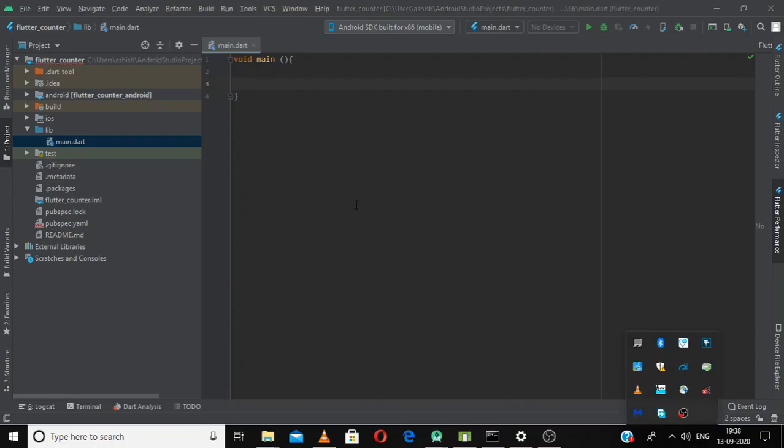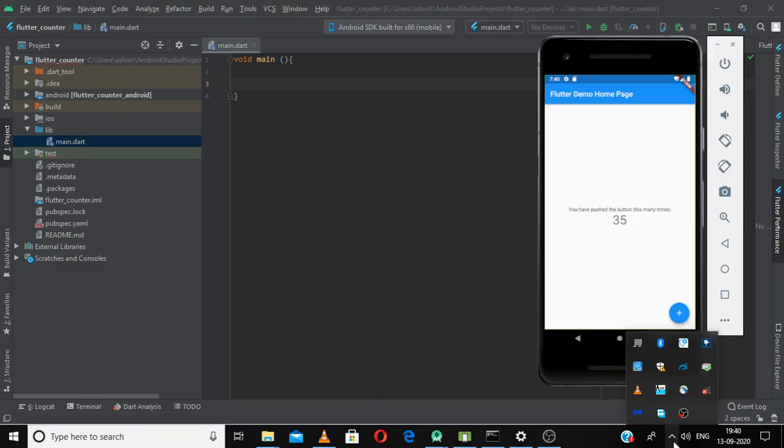Whatever code we are going to write here is actually going to be rendered on the screen. So we are going to put widgets in our code. As I have already told you people, everything is in the form of widgets. So in our previous example, we can see that this is an app, and it has multiple widgets. Actually it is a tree of widgets.